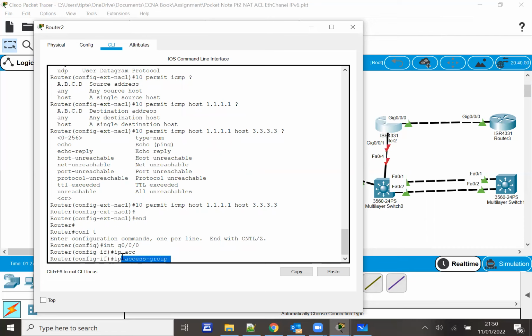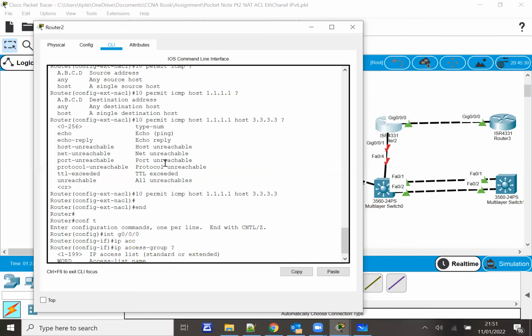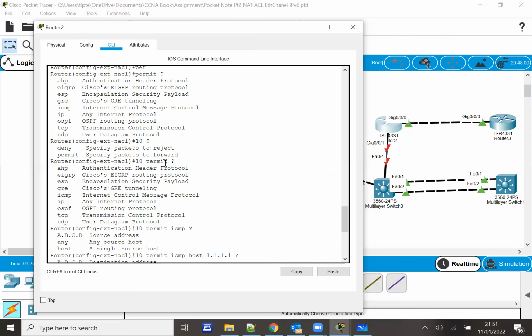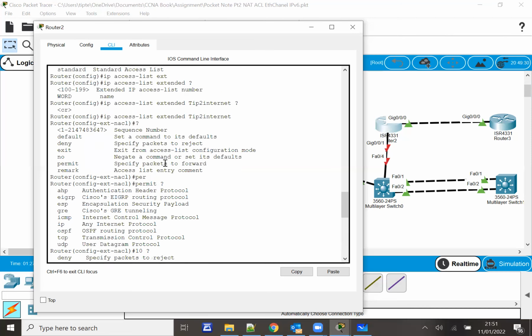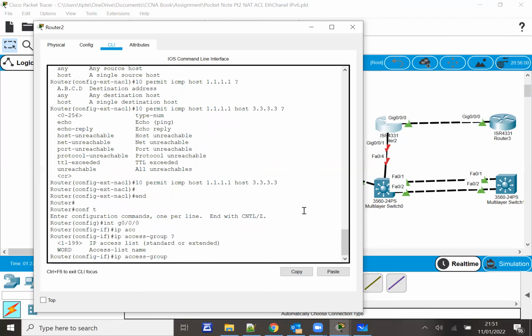That's what you need to do here, not access list again. So IP access group, then you need to specify what is the access list name that you want to use, because imagine we have already configured as IP the named access list here, right? So I could just choose the name that I've used before here, or just specify the number that I used before for the standard or extended. So any of them will work. So now I can copy this one and say, okay, that's the one I want to use here, and paste it